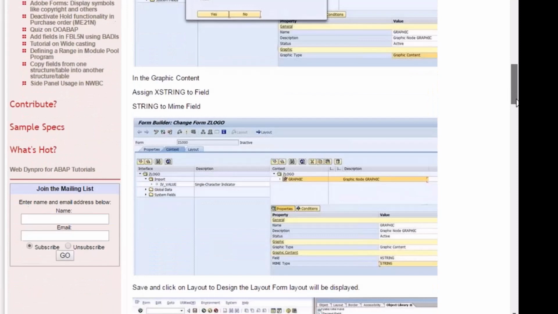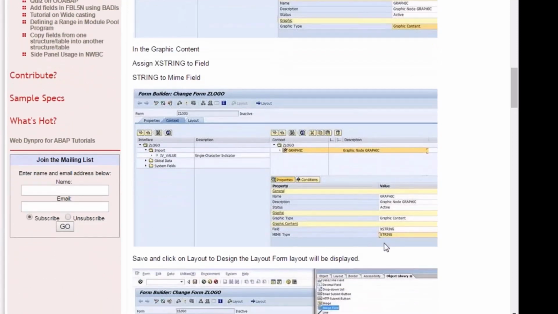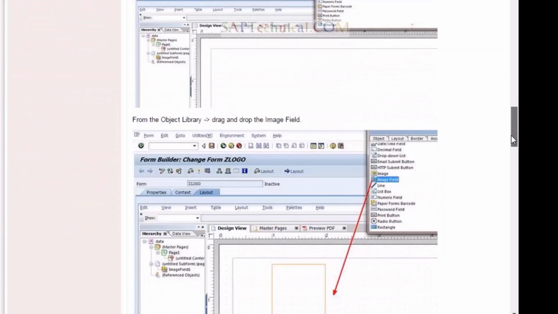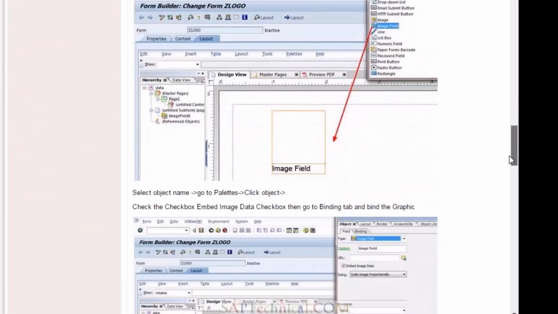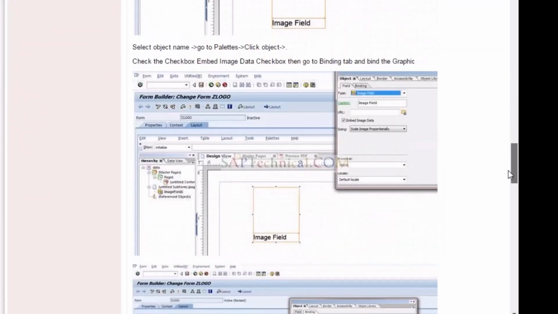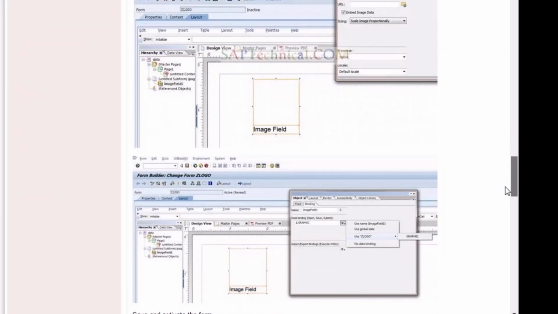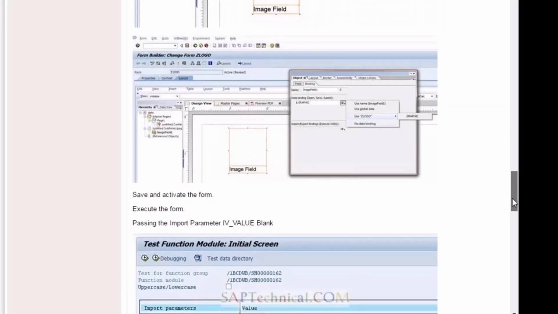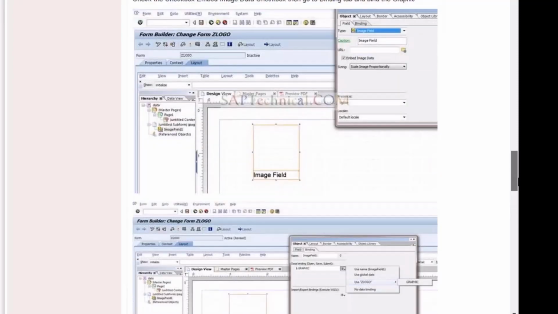Then the field is string, and they gave it as xstring. Image field they have taken, done, image field, same, okay, use logo graphic, done. Yeah, same thing.